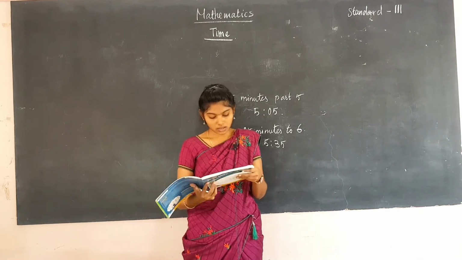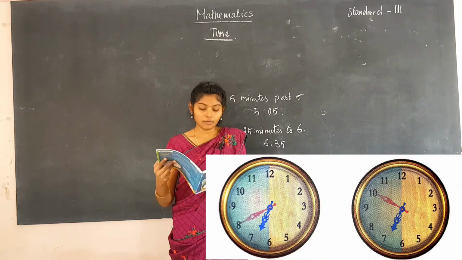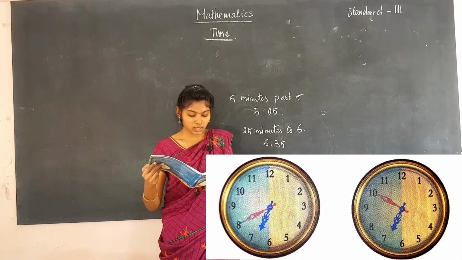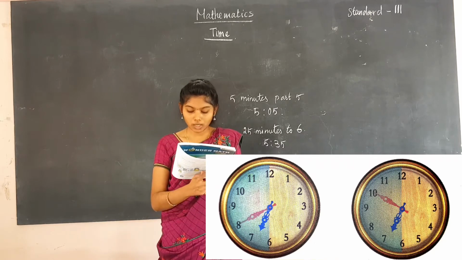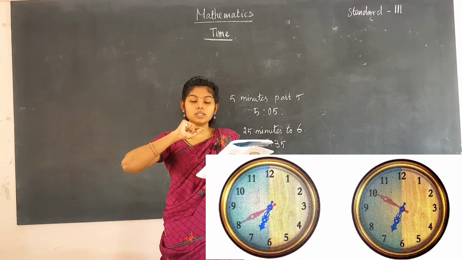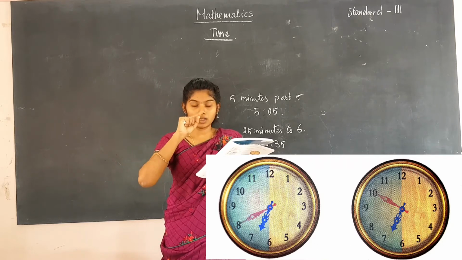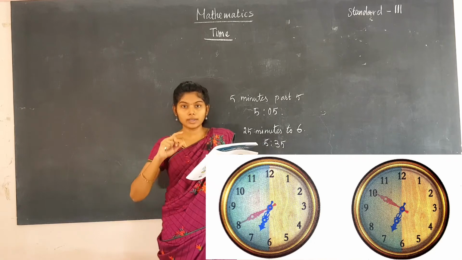And this is while seeing to the left hand side, that long hand, the minute hand on the left hand side means what you have to say is 20 minutes to 7. See that picture, 20 minutes to 7. So why are you writing 20 minutes? You have to calculate how many minutes it takes to come to 7 o'clock, like that you have to see that.